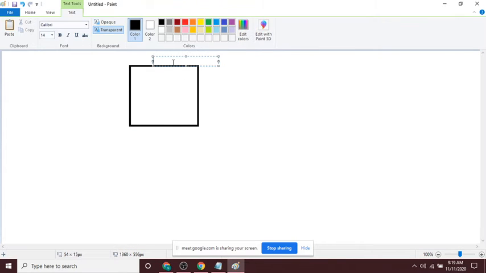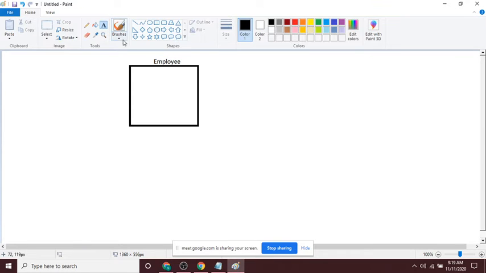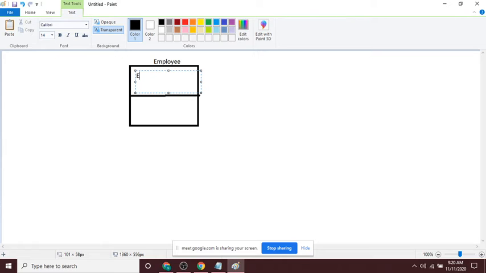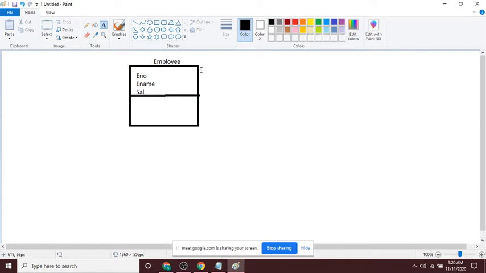Class name is employee, and I am having three variables: employee number, employee name, and then salary. What are these three called? Can anyone tell?